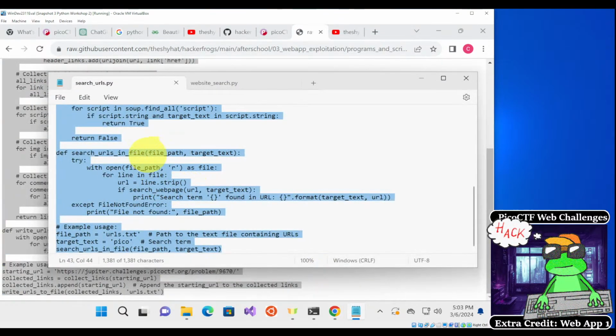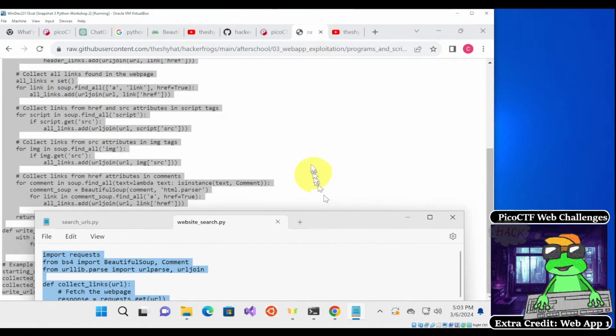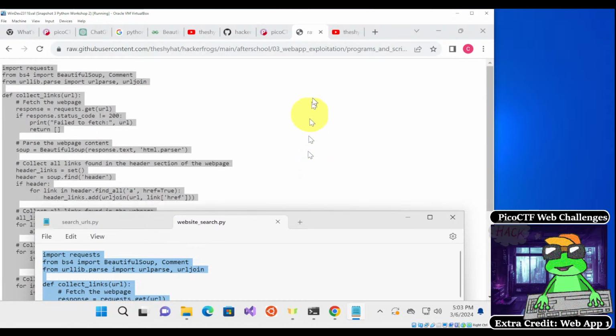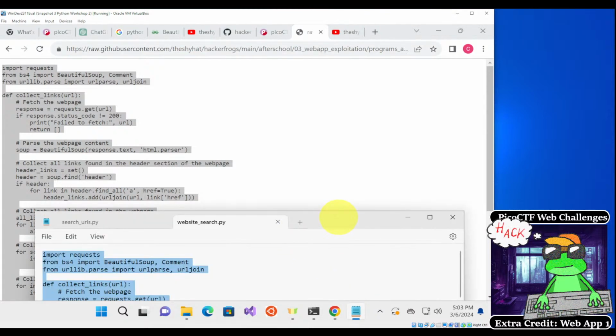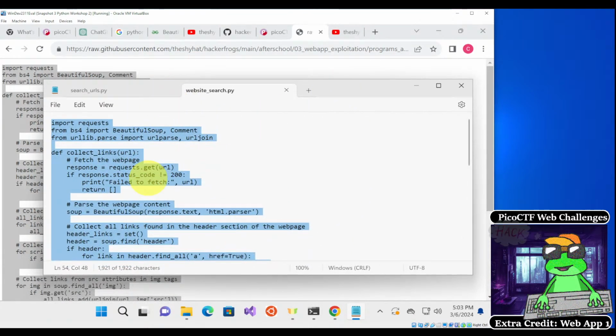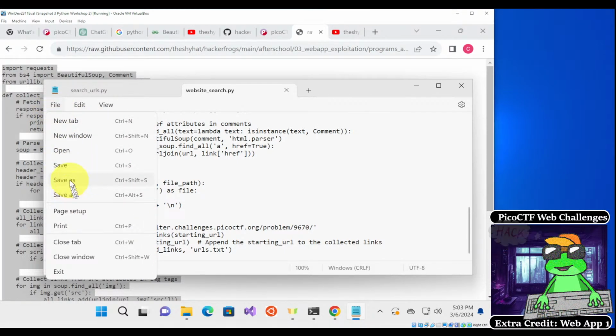And I'll make a little file. I think I've already made this file. So which one is this? Gather URLs, okay. So gather URLs is, yeah, it's this one right here. So I'm going to save this one as